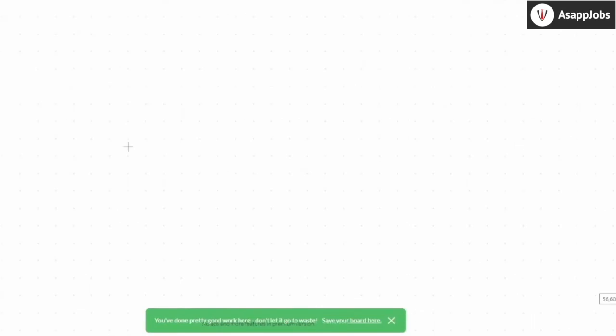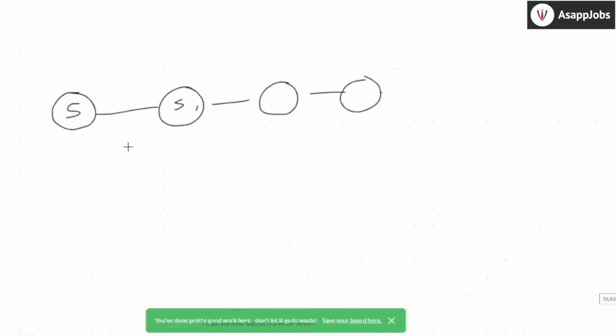Okay, let's move to another algorithm, which is single source, single destination. So you want to go from S, then there are some edges, some vertices, and you want to go to D, from S to D. So how do you go about solving this problem? Let's say there is connectivity between S and D, and I want to find the minimum weight path from S to D.